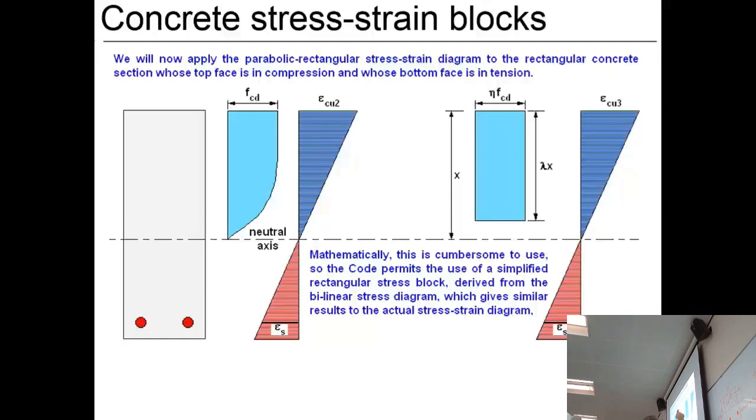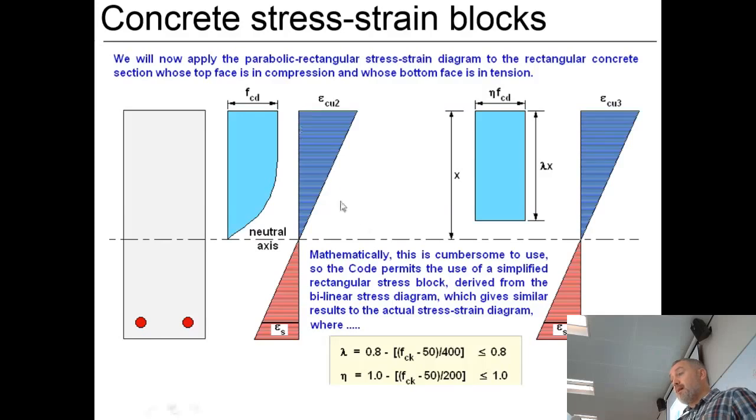and then you've got this eta value, which I'll tell you the value in a moment. Yes, eta is a value of 1 in the UK. So you'll see that there are these formulas here within the code. You won't see these diagrams, but this is where these come from. Like these are equations 3.19